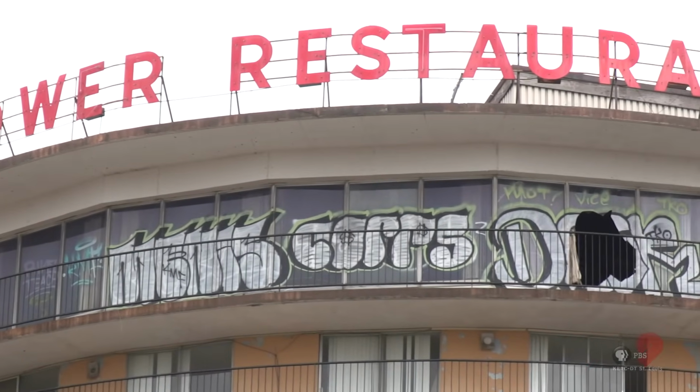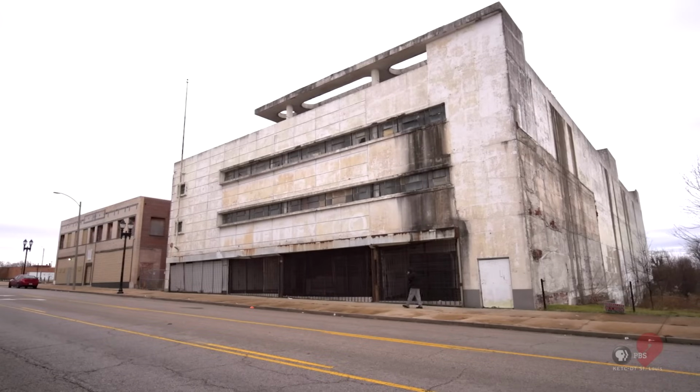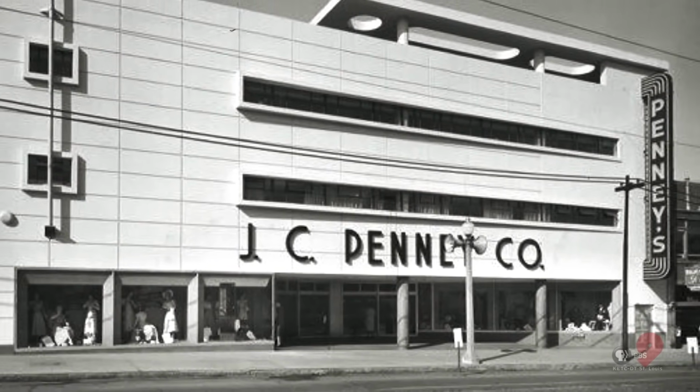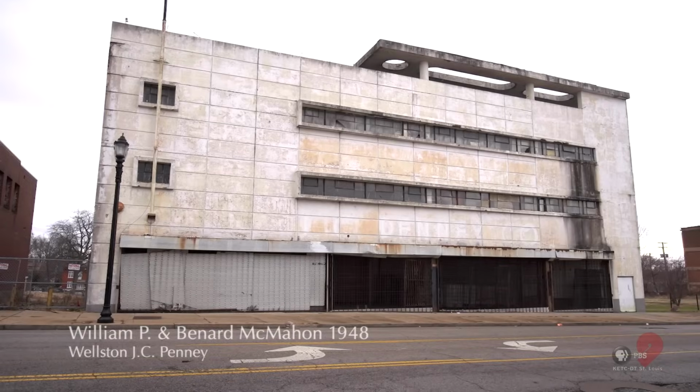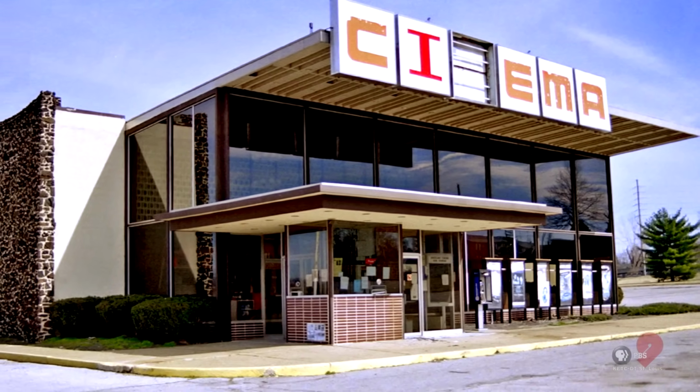By the 1960s, international style influenced buildings were no longer radical. They were normative, moderate choices, or maybe even conservative. All of these buildings were built with clean lines and simple forms, but as those things started to age, if they weren't maintained well, you end up with buildings that have sort of lost their original luster. Other elements are being added on that aren't specifically appropriate for the period, and things start to look a little